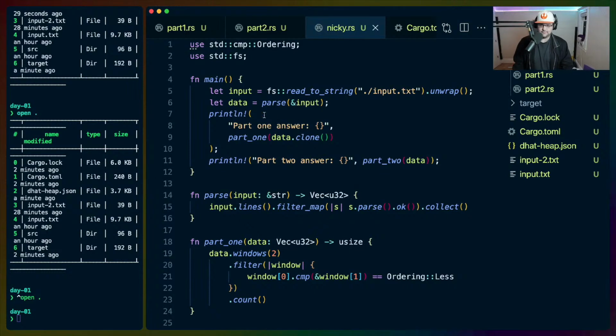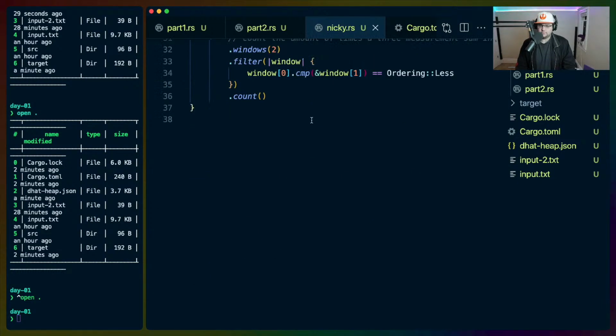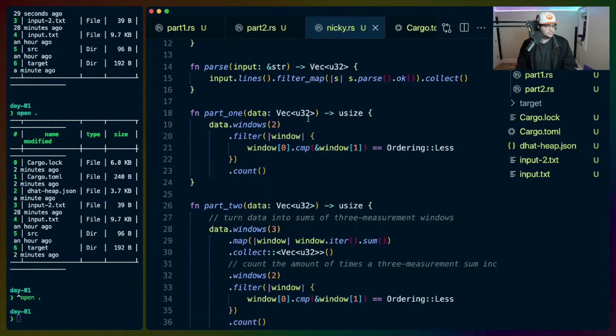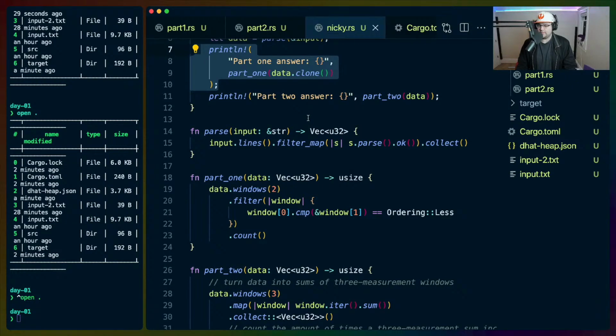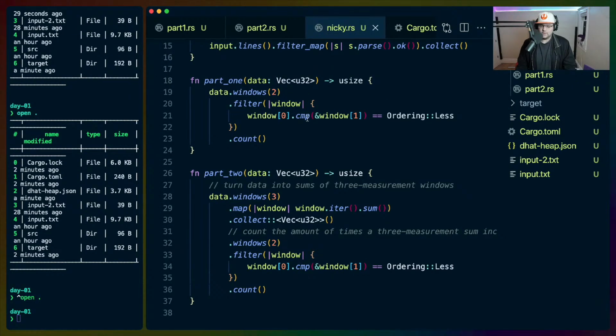There you go. So input.txt. Slower and more memory usage, you think? We're not testing execution performance here at all, for what it's worth.